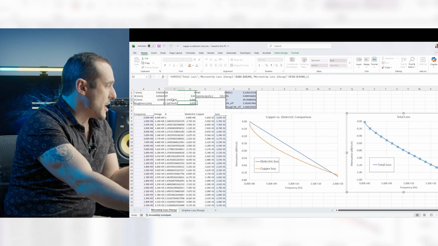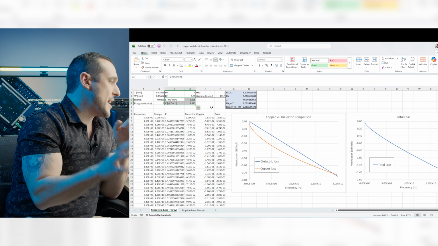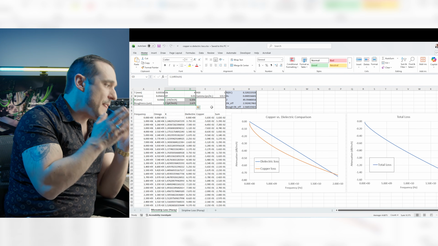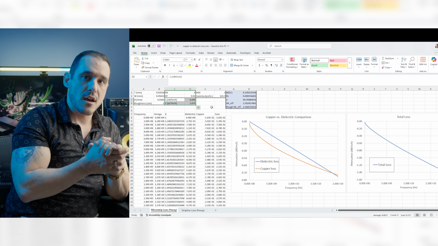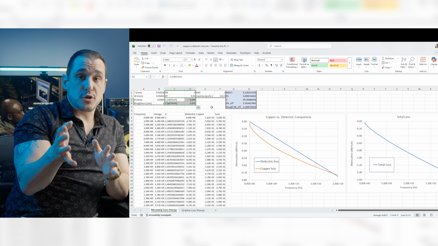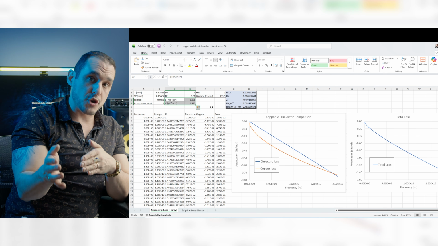Now you'll notice here in the upper left corner we have two cells for the inductance and the capacitance per unit length of this transmission line, and that's what's used to calculate impedance. So where can you get those two values? Well, you can actually find those two values inside of Altium Designer in the Layer Stack Manager over in the